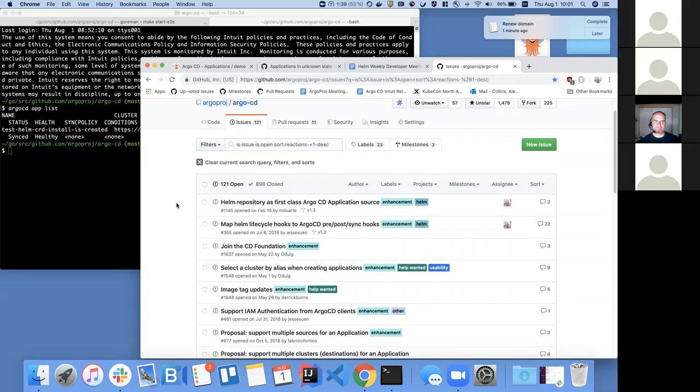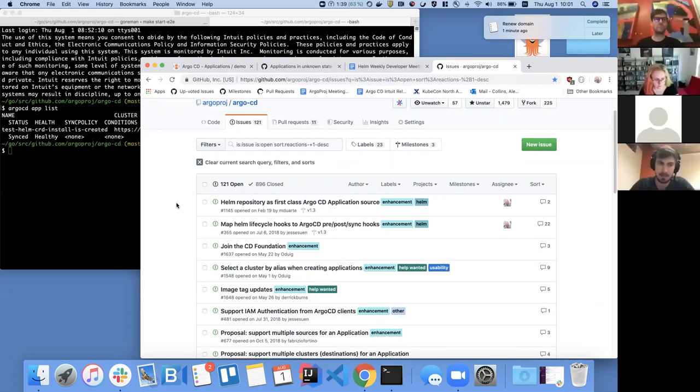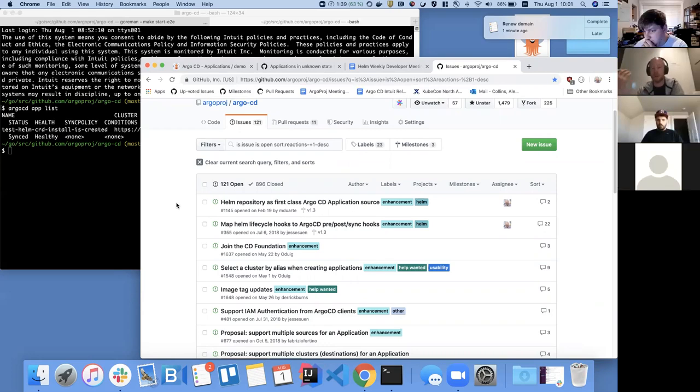So we use Helm as a tool, but it's a bit of a primitive integration. For example, we don't really support any of the hooks. We just kind of ignore them. And we don't support it as a first-class citizen. So you always have to create a Git repository that references a Helm repository. So what we actually want to do is bring that in. You just click on Git repository and you choose the chart from the user interface, and then you click sync.